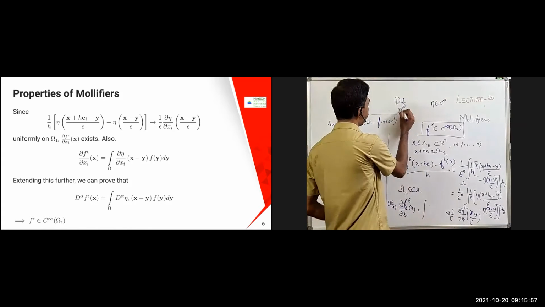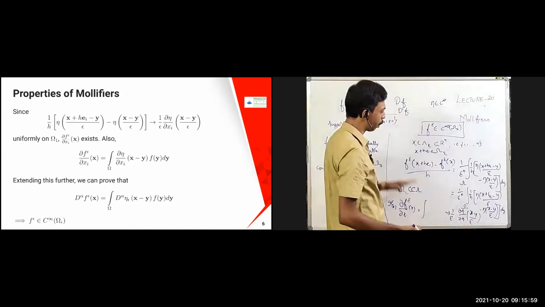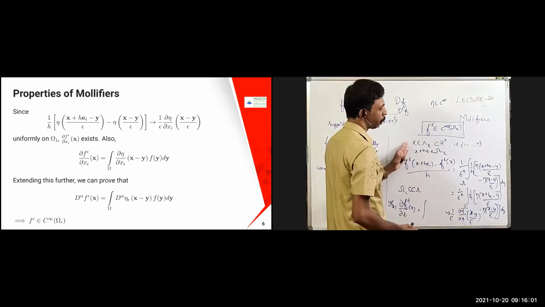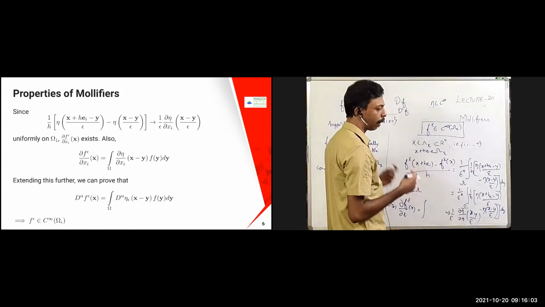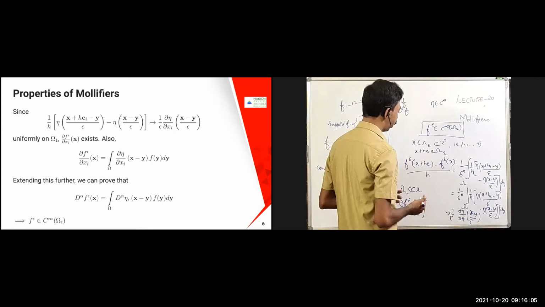Now take d²f. Again, apply the same concept. The ∂² is going to come, d³f, etcetera. So if you take any α, it is going to be there. Therefore, in general, what you are going to get is that